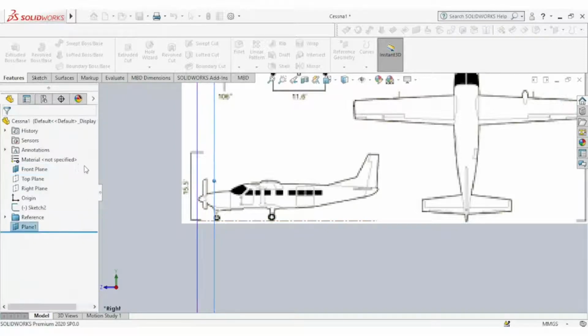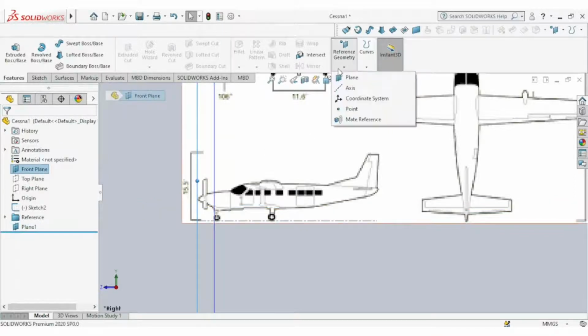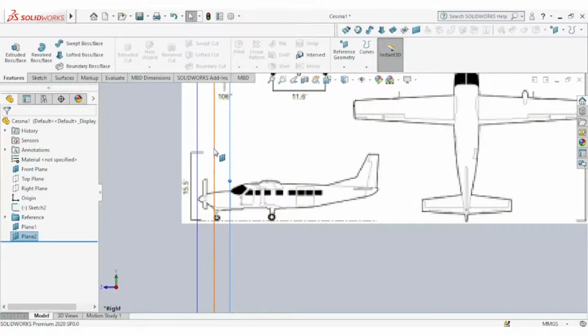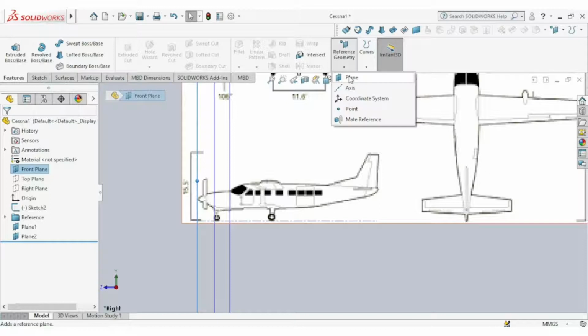I always advise you use the front plane as your first reference point instead of the newly created plane, because you could easily delete or modify this plane later, and it already has features you have connected with it, and it will bring a lot of errors.